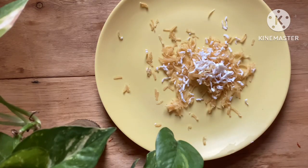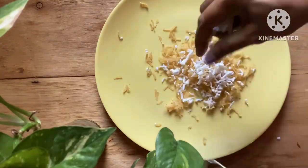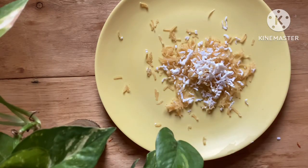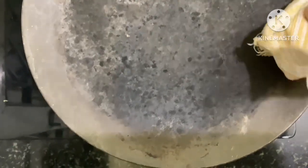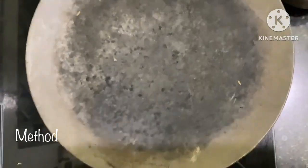Those remaining small pieces of soap, which you would otherwise throw away, collect those soaps and you can use them for such purposes. To melt the soap, I'm using a double boiler method where I have placed a tawa on